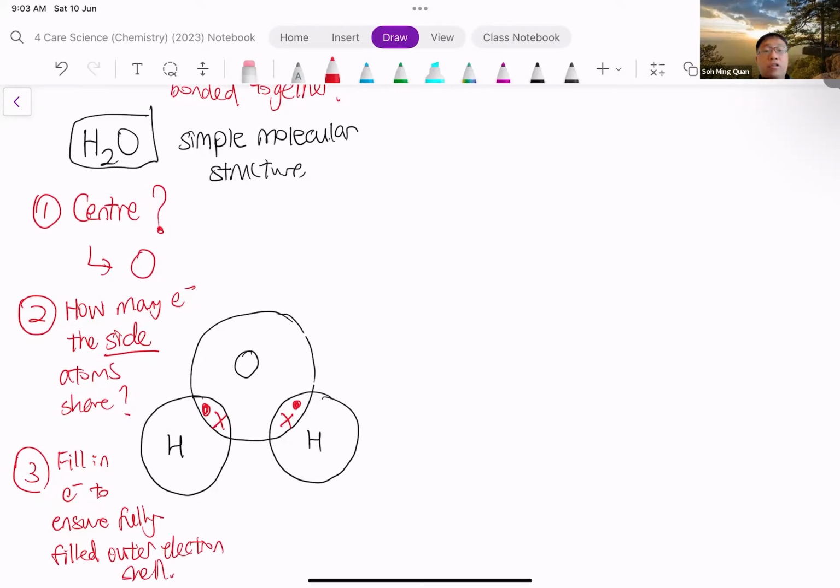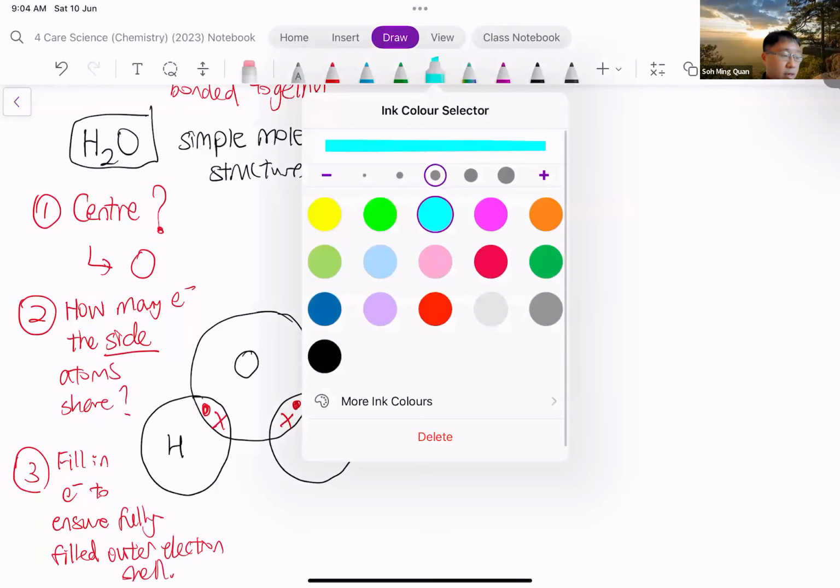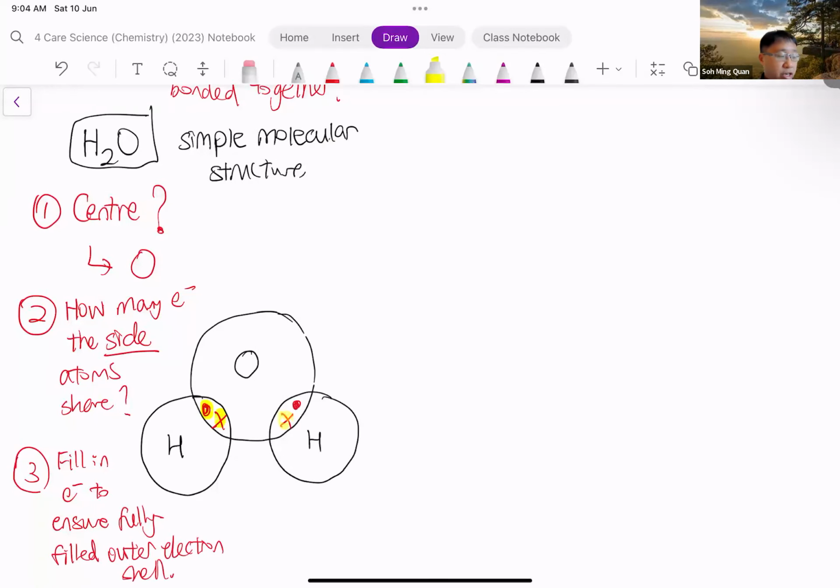All right. So hydrogen, no problem. Hydrogen, remember, only got 1 shell. So after sharing that 1 valence electron, hydrogen is fully filled automatically. So hydrogen, no need to worry. It's the oxygen, right? I've drawn 1, 2, 3, 4. 4 electrons are shared in total. So oxygen must have 1 more, 2 more, 3 more, 4 more. Remember, the magic number to make it fully filled is 8. So if you already have 4 electrons that are shared, you must draw 4 more outside, which are not involved